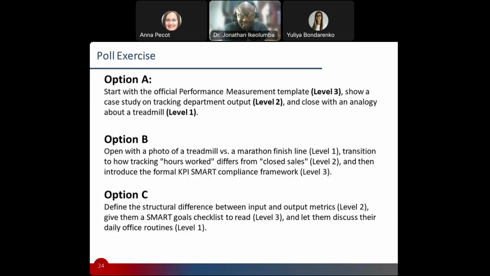So, do you go with option A? Do you go with option B? Do you go with option C? Let's see what your take is. So I'm looking at the chat to see if I'm going to get a response. Okay, so Chinedu is going with option A. Nenaya is going with option B. Ebere is going with option B. I'm seeing quite a lot of B's.